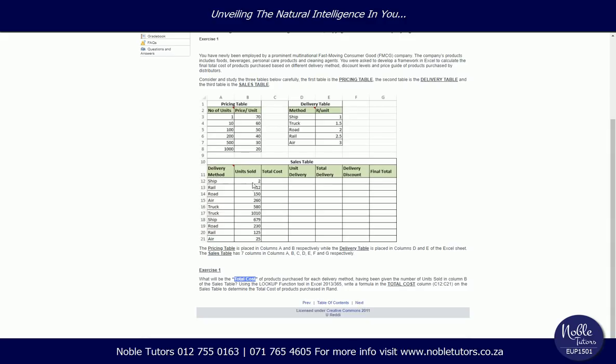So we see we have 2 units that we sold when we delivered by ship. We want to know what the cost is. When we deal with costing, we deal with the pricing table. We will later on use the delivery table, but for now, let's go into detail to explain how to go about exercise number 1. We will do this in Excel. So first thing, we're going to have to